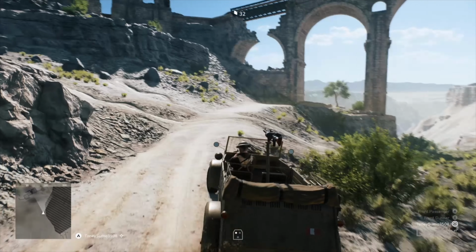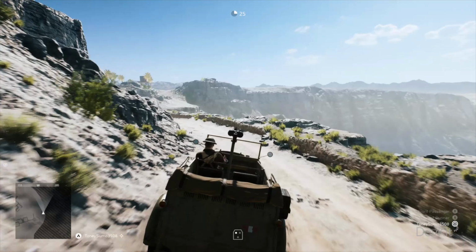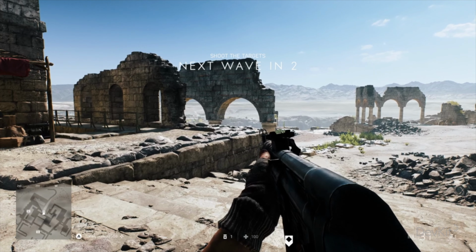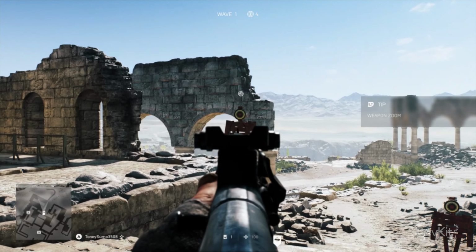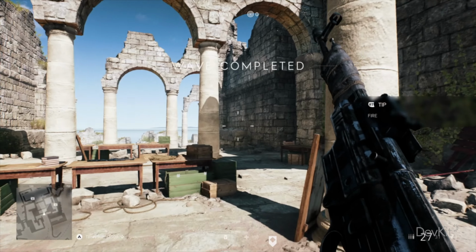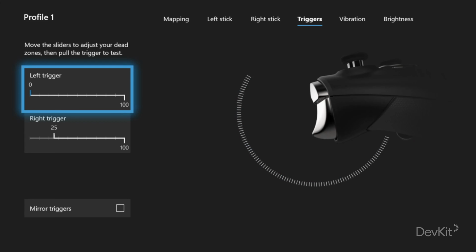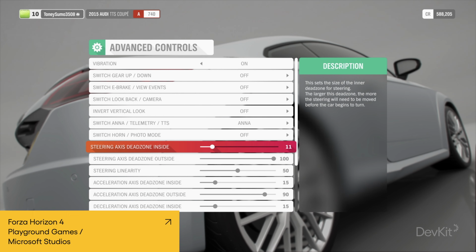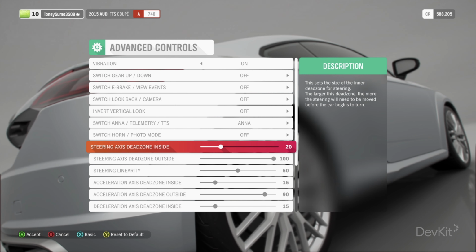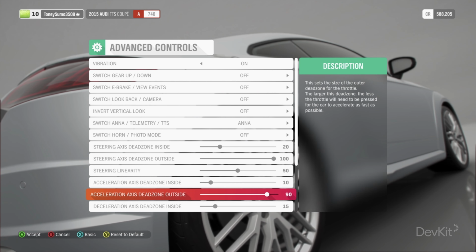It's worth noting that inner dead zones can also be applied to digital actions when mapped to analog inputs. In Battlefield 5, the digital action of firing a weapon is also affected by adjusting these trigger dead zone settings. In this case, the weapon will not fire until the trigger reaches the set distance. Some platforms will allow you to adjust dead zones on a global scale. The Xbox Accessories app features dead zone settings for the Xbox Elite controller, for example. However, it's also important to be able to adjust these settings within a game, to ensure where possible they can be altered individually for different actions and within different contexts.